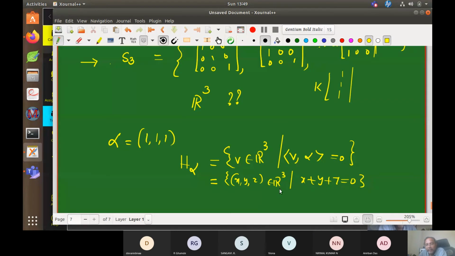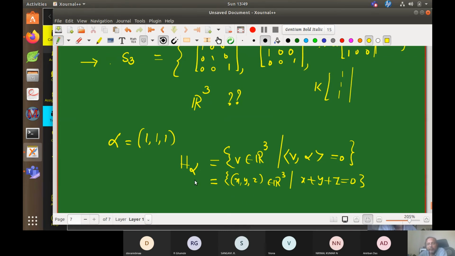So I am looking for the set of solutions of some equation. Which equation? A homogeneous equation, with at least one coefficient non-zero. That means this is a hyperplane. It is a plane first, right? That is the reason I put H for hyperplane. It is of dimension 2 in R3, right? If you go to Rn, we will get dimension n minus 1.